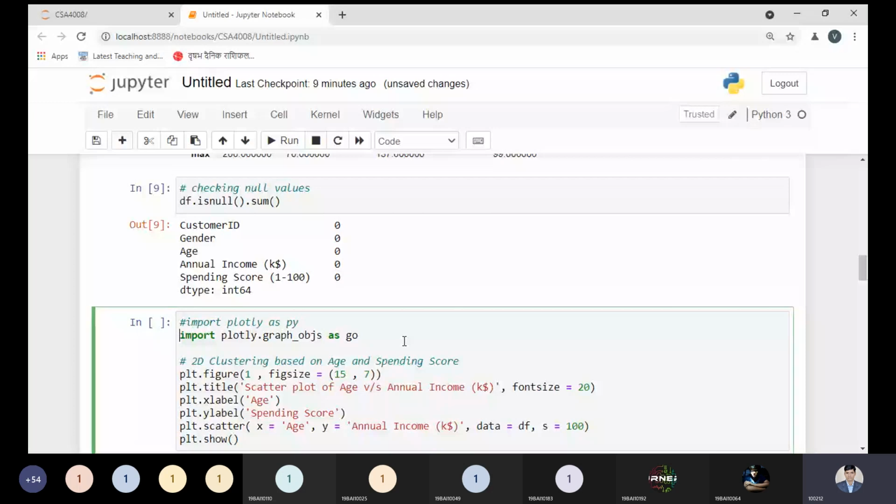Else we can use import matplotlib.pyplot as plt. Okay.